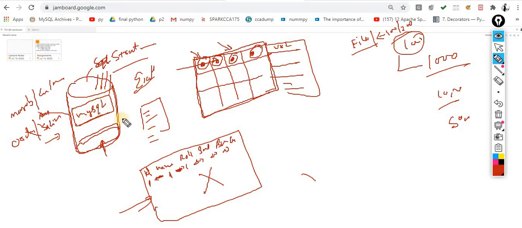MySQL can handle lakhs of records, even 5 lakh or 10 lakh records. When the data is very large, you have to move from files to MySQL kind of things. It can be MySQL, Oracle, SQLite, or MongoDB.